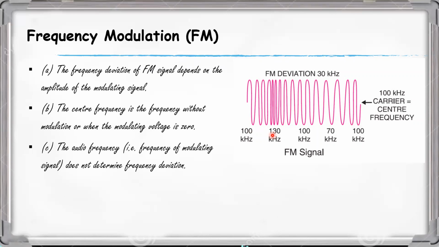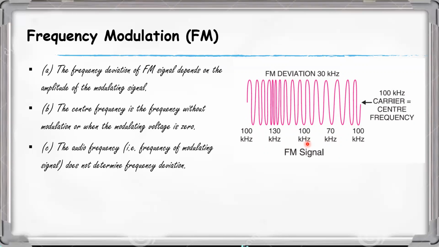Here, at 3 points, a frequency of 100 kHz is given, and in some points, here 130 kilohertz and here 70 kilohertz is shown. Then 70 kilohertz is the lowest and 130 kilohertz is the largest. Then here the 100 kilohertz must be the center frequency,